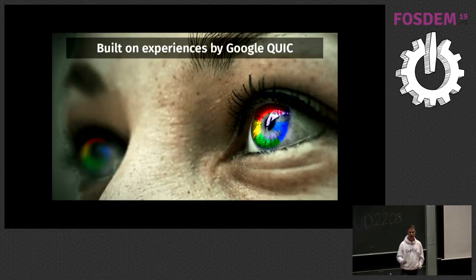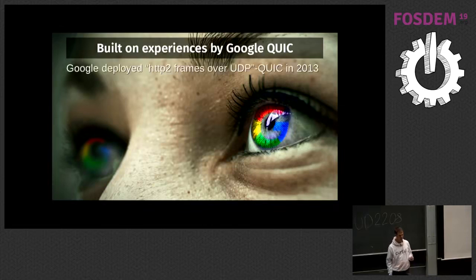So QUIC, again, as everyone who remembers back several years ago, this was how HTTP2 was made. This came from experiments and experiences that Google made with SPDY, taken to the IETF, and out came HTTP2, being very similar to SPDY. This time, we're doing basically the same sort of operation. Google spearheaded with their version of QUIC, experimented on the internet, and they started a long time ago, even before HTTP2 shipped. And they proved that sending HTTP2 frames over UDP over the internet actually works and is deployable.